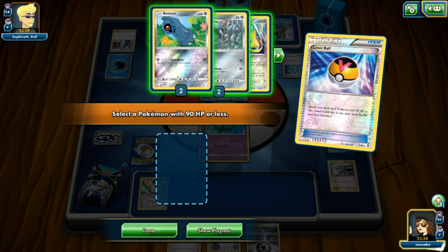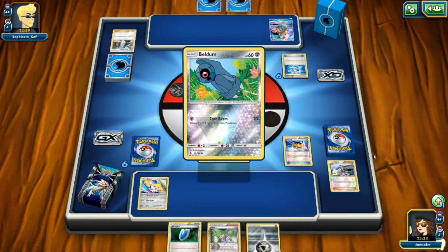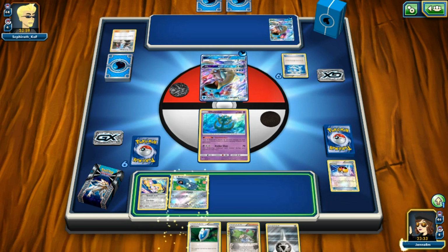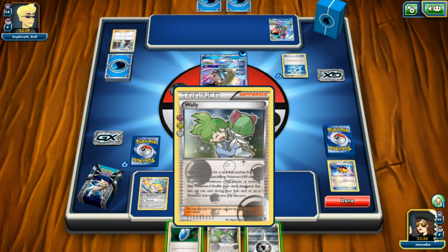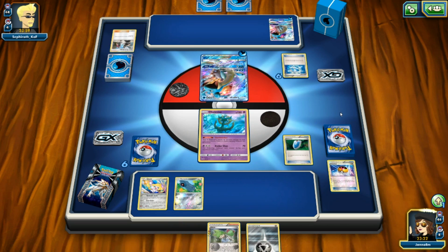Oh, Beldum. There he is, and he's a reverse holo Beldum, looking even better. He does Core Beam for 20 damage, but you have to discard an energy, and I really don't want to. So let's put him out there. I can use Wally on the next turn. So why don't we just use Vs Seeker right now to go and pull out